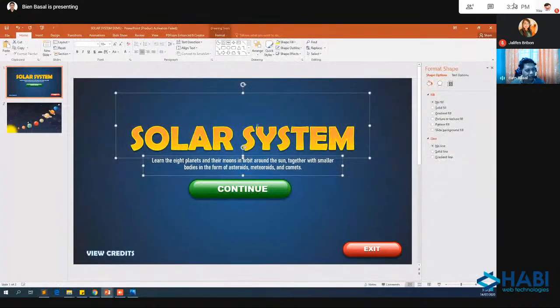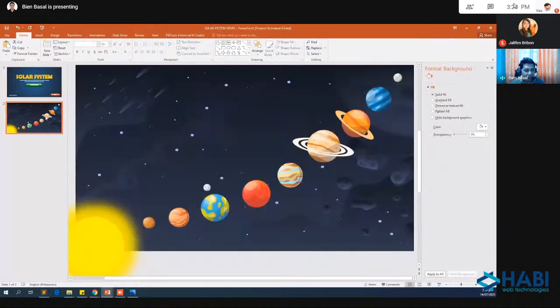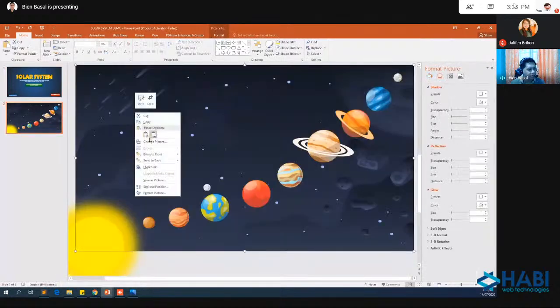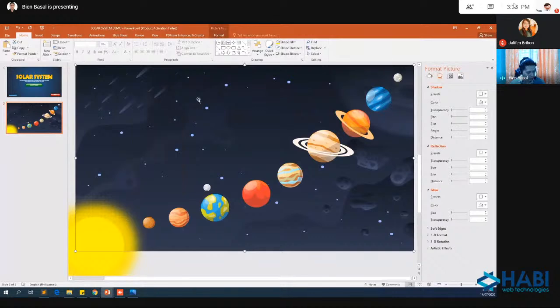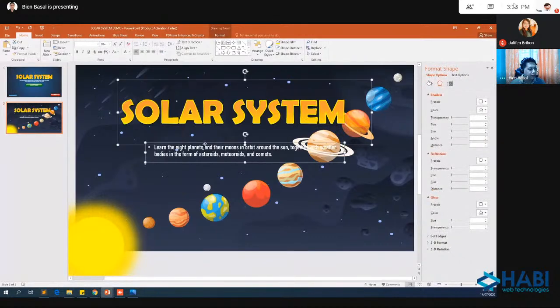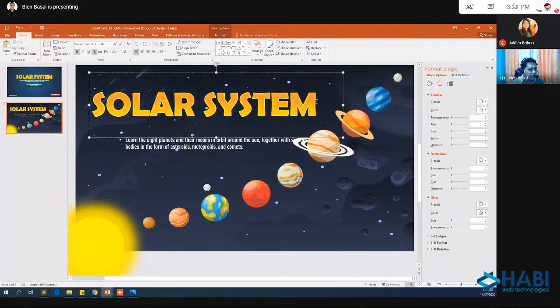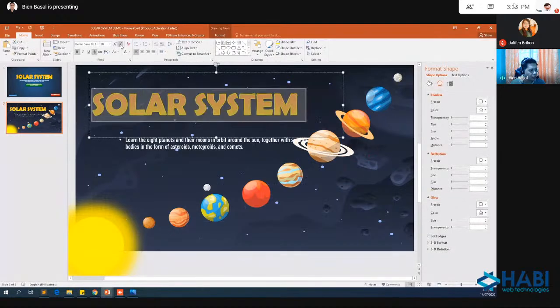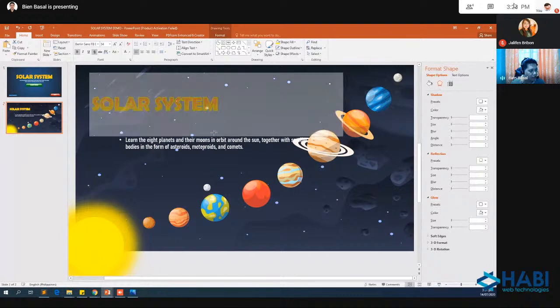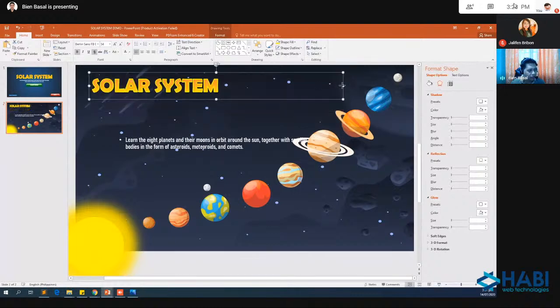Make sure only the text are selected, not the buttons. Right-click and hit copy. I will proceed to my second slide, and I will right-click and hit paste or Control V. I will rearrange them. I will adjust the font size, maybe a smaller one, and also adjust the container.